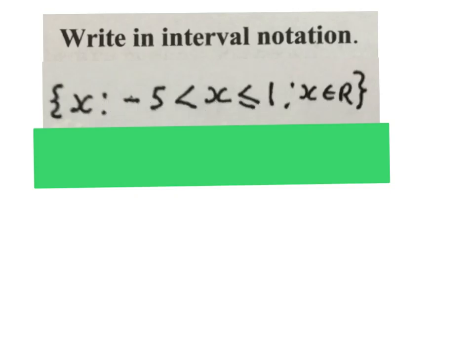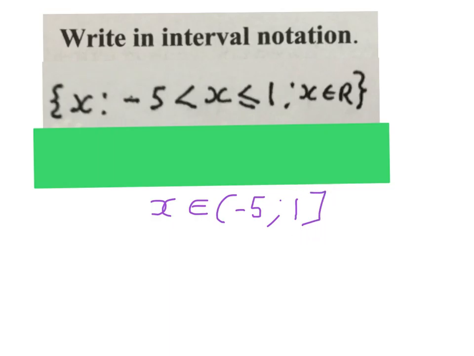It says here that the numbers we are looking for, we call it x, is bigger than minus 5, and the numbers we're looking for is smaller and equal to 1. So we're looking for the numbers between minus 5 and 1. We have to write that in interval notation. It will look like this. It will say x is an element of, round bracket meaning not including minus 5, up to and including 1,